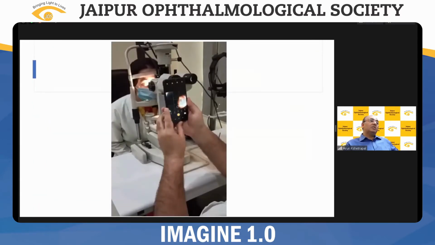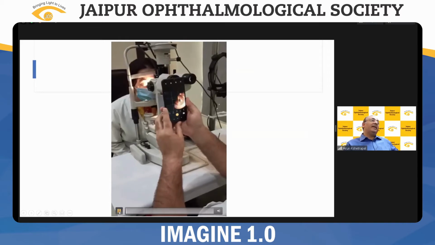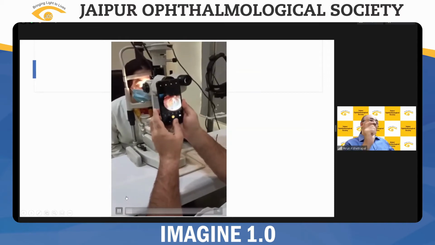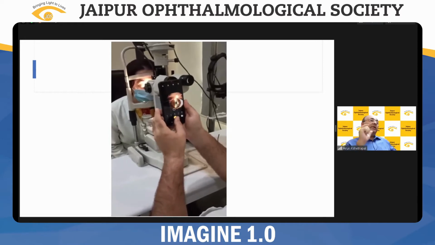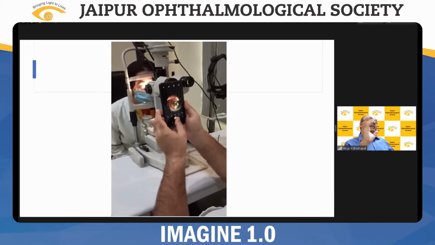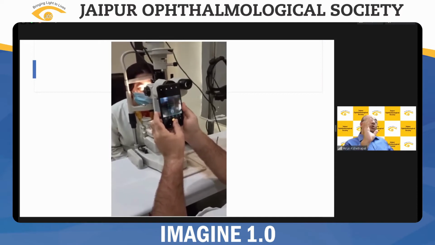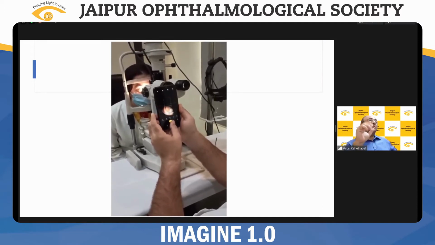So this is a small video. What you can do is click directly. You can hold your phone, whatever phone you have, directly over the eyepiece. The disadvantage here is that you are never stable and the image is always moving.